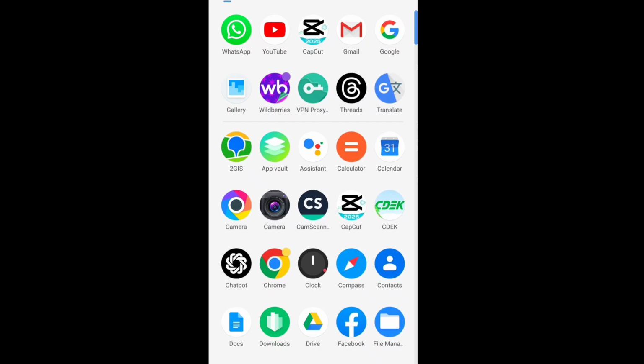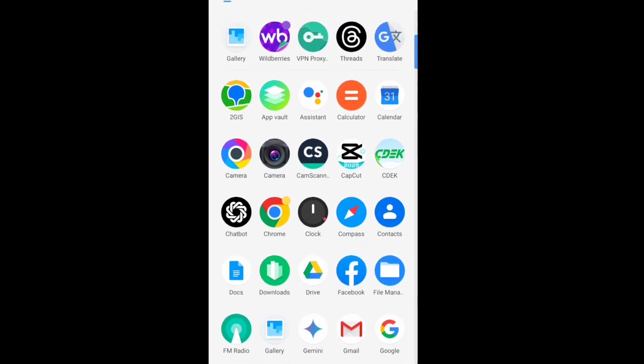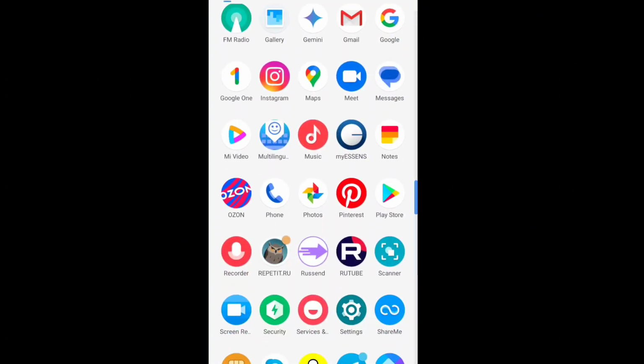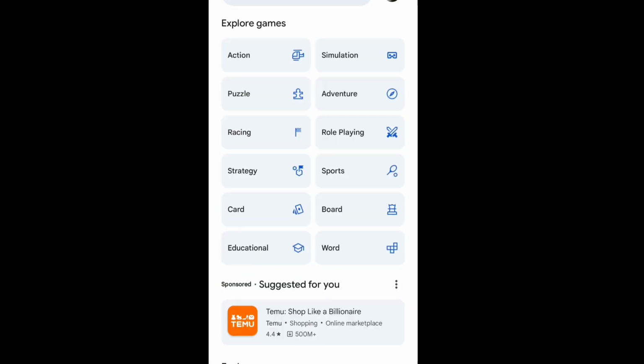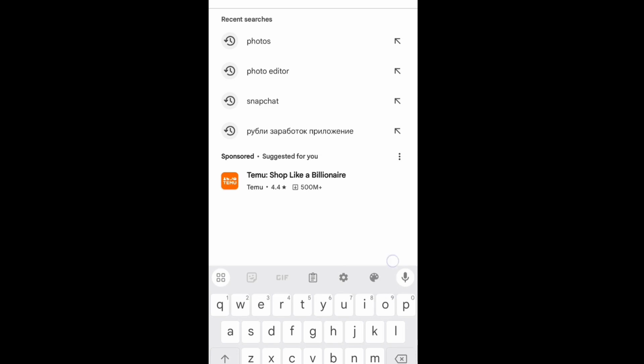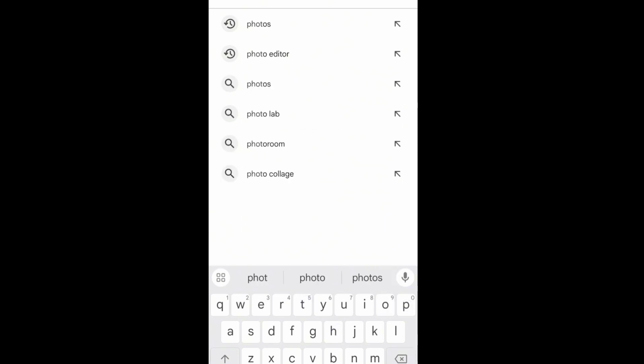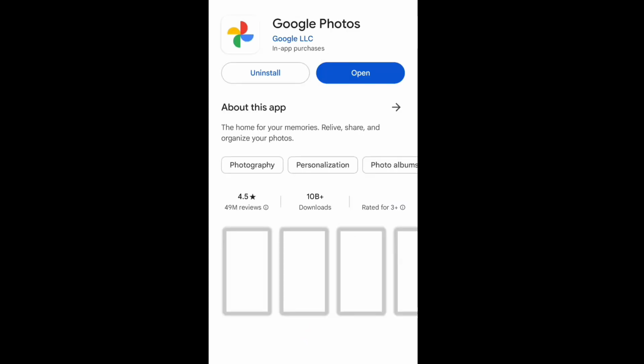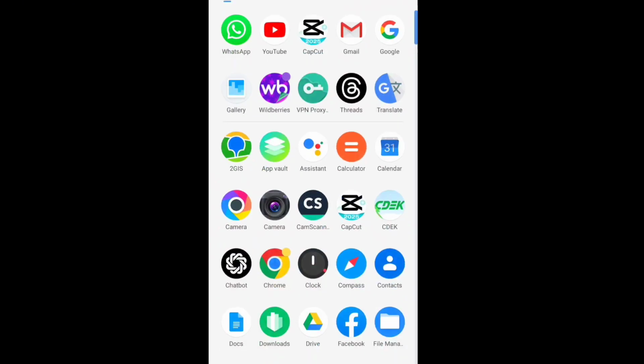So guys, the first thing you want to do is to go to your Play Store or your App Store. As you can see, I'm looking for mine. You go to Play Store and you just type photos. Once you type photos, you see Google Photos. So you can type photos or Google Photos. Make sure you download this first one, this Google Photos. Once you've downloaded that,